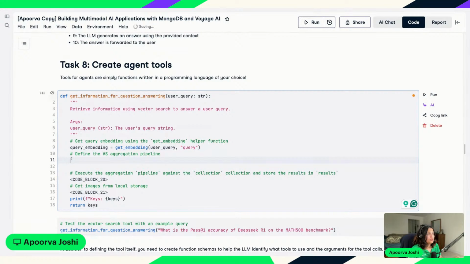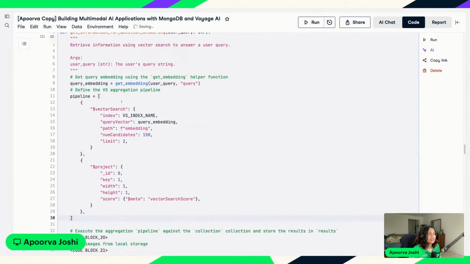All right. And then I'm going to define something we call a vector search aggregation pipeline. So essentially, vector search is part of MongoDB's aggregation framework. And if you've never worked with aggregations in MongoDB, it's basically a series of data processing stages. So we treat vector search as a data processing stage. The one thing to remember is it always needs to be the first stage in a larger pipeline. So the first thing that happens is vector search,